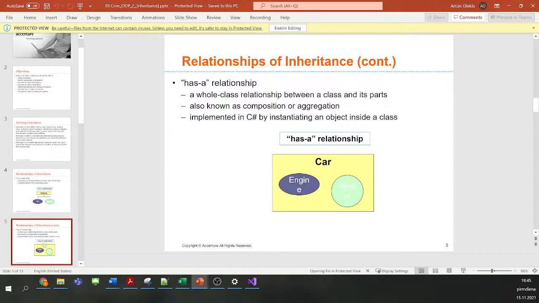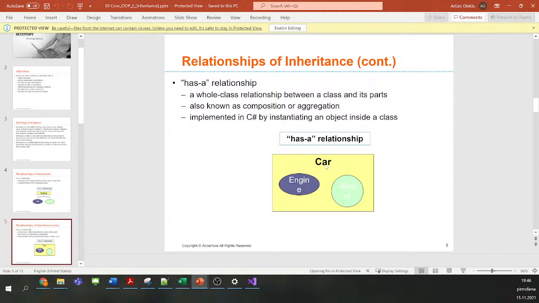It means that we have the class and we have the members of the class. So in that case, we simply say that we have the class car and we have the members of the car class. The members are the engine and the wheel. So these are the members of the class.